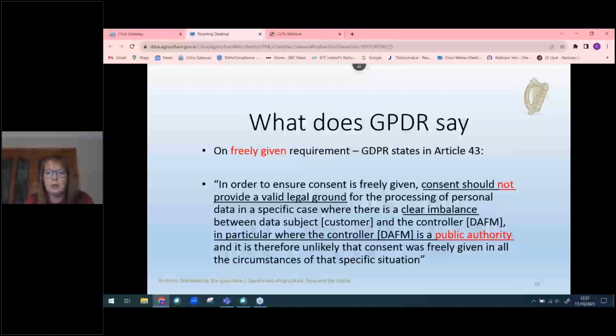So getting on to GDPR then, what does it say about consent? Well, it says it absolutely must be freely given, and it is spelled out in Article 43. So it says, in order to ensure your consent is freely given, consent should not, sorry, no,